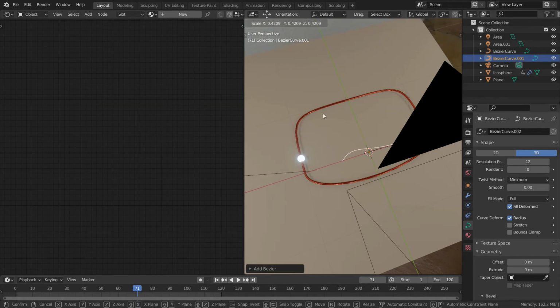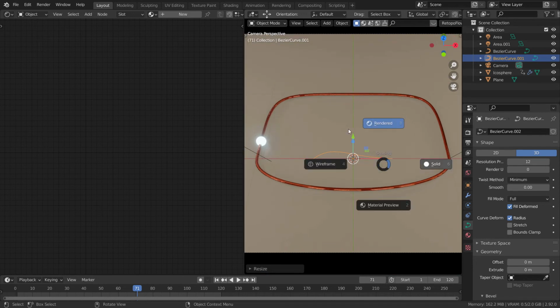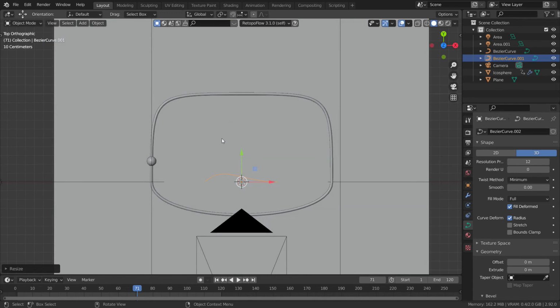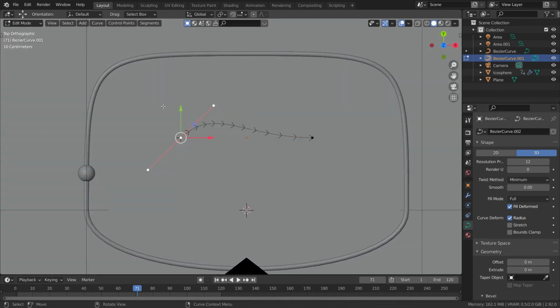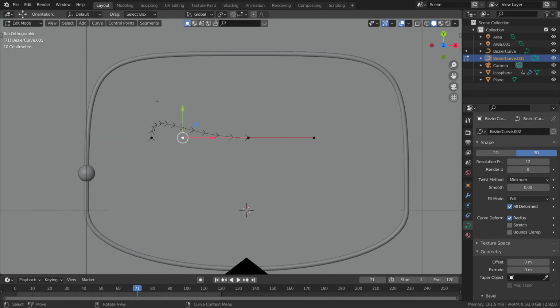So if I just decrease its scale, you can also go into the solid view now just to edit it. Let's go to the top view. Let's grab our curve over there, and then let's make it something like that over there. Bring it over here and just roughly make a sine wave for everyone.